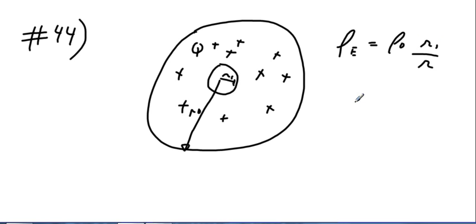Alright, so number 40, the A part. In the A part, if I'm between 0 and R1, so that's inside the hollow portion, well, that has to be 0 because the electric field is going to be